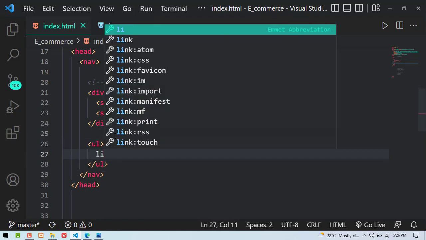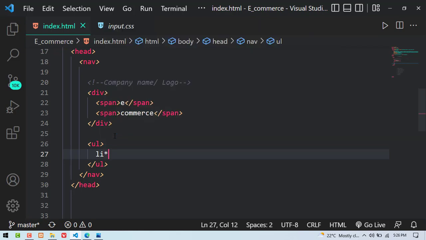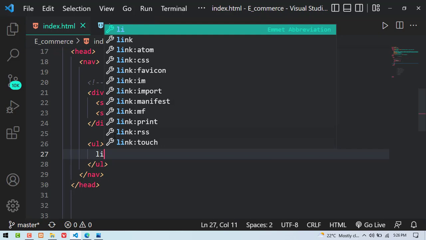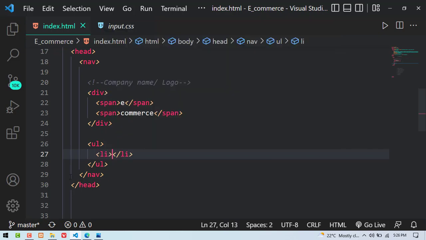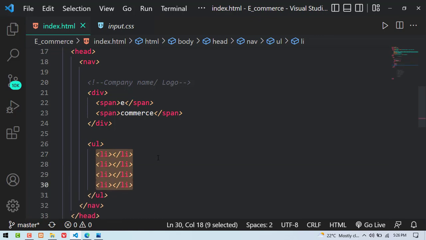Within that I'm going to create the li, so that is the list children. Let me see if I can multiply this by 4. Okay, it's not working, so let me just say li, and then I'm just going to duplicate this. I need 4 of them,